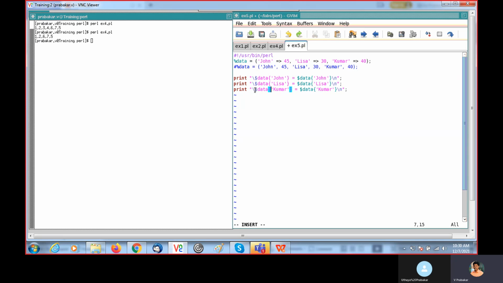Just to print this as it is: backslash $data{John} equal to. Here for $data, you should use this curly bracket, and inside that give the index, so you will get the corresponding value for this index.